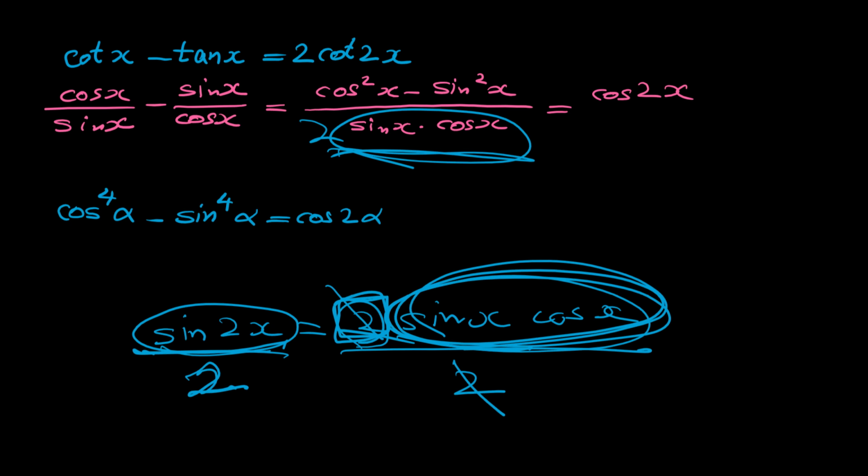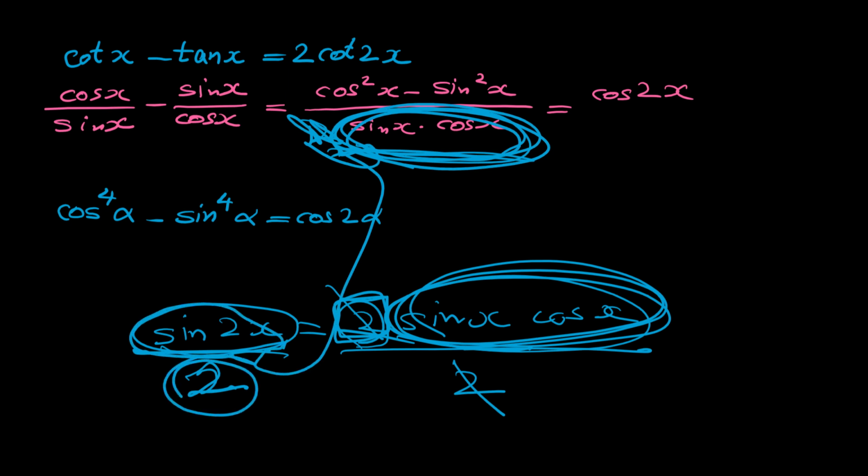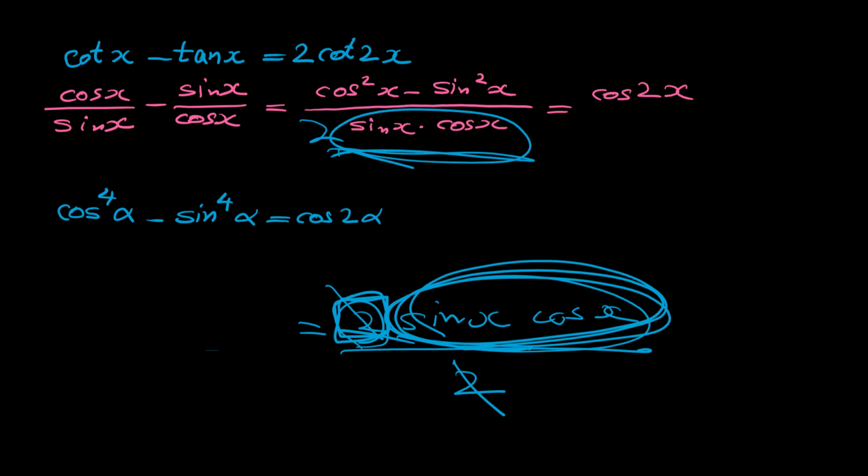Then you can substitute this expression, sine x cosine x, forget these 2 here. Sine x cosine x with sine of 2x over 2. So this is the other way. Let me show you both of these techniques here